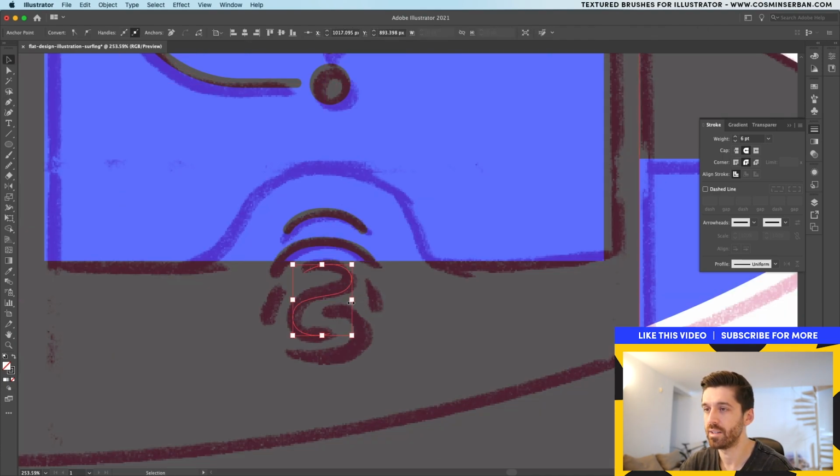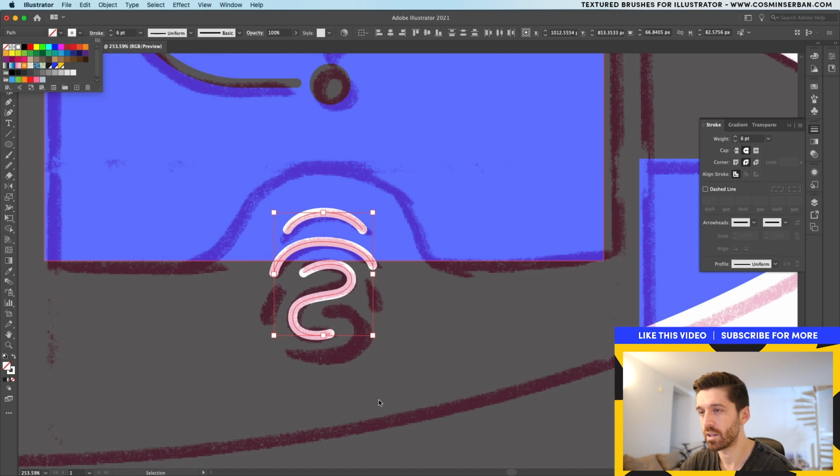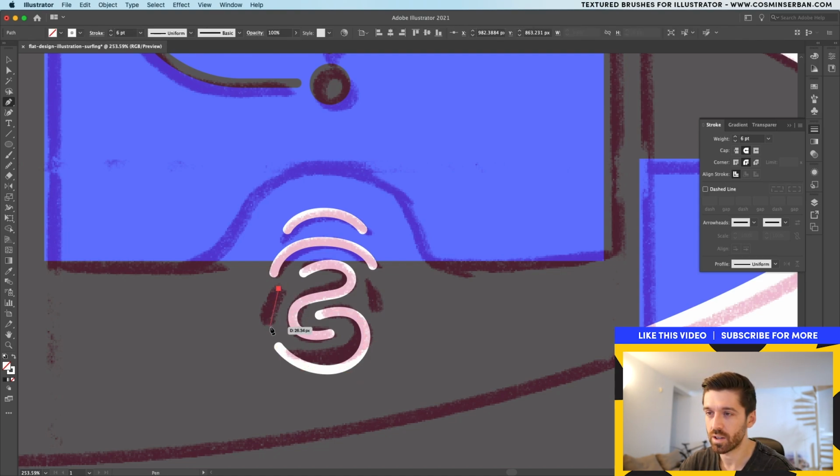Now I can't really see this, so let's switch it to a different color. Let's select every single one, and from over here let's make it white. Now I can see what I'm working on. Have one start from the middle and actually go around it, and have these elements as supporting elements. Let me know if this looks like a fingerprint to you. It kind of does for me, but I'm not sure if I did a good job or not.